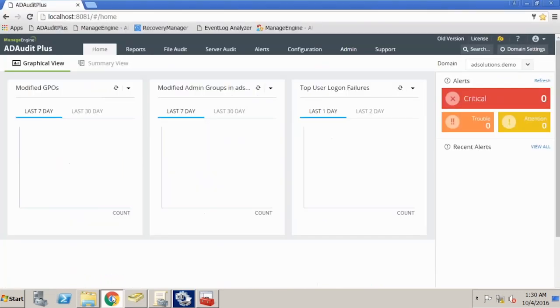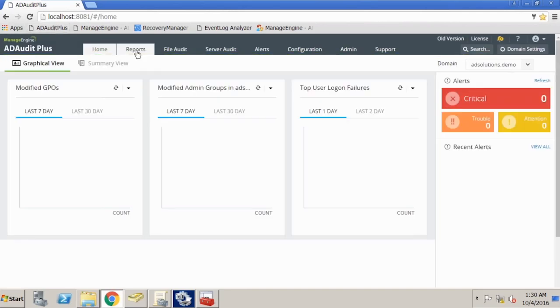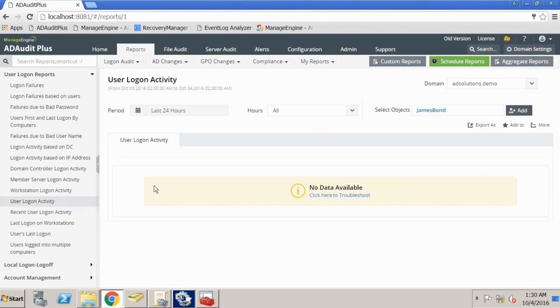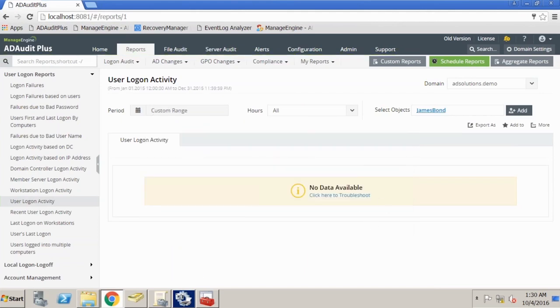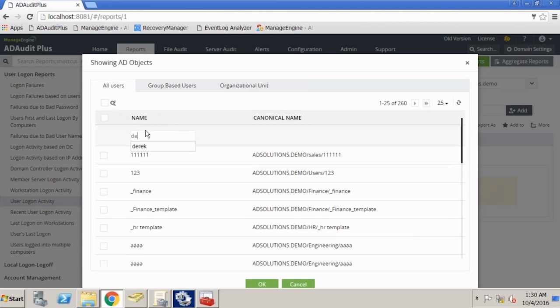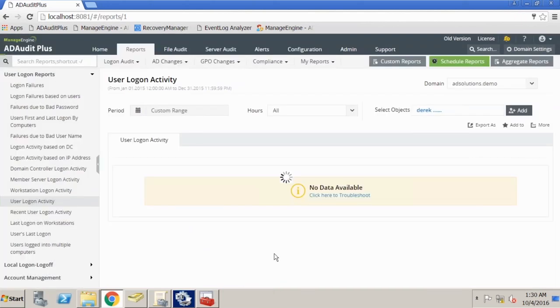You could also use a tool like AD Audit Plus. And in AD Audit Plus, under reports, you could look at your user logon reports. And for this activity, so let's say that I go to the last year. Oops, sorry, I forgot to add in my right user here. So if I do Derek, and I look at Derek over the last year, you will see that I have